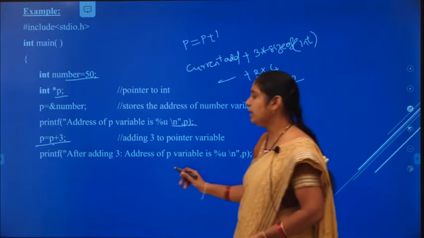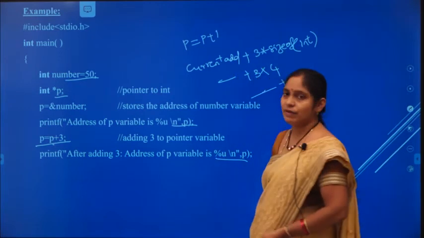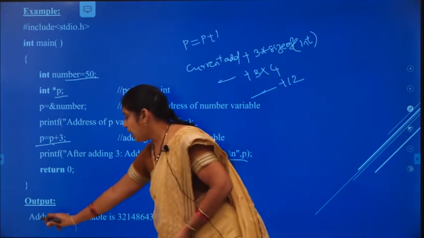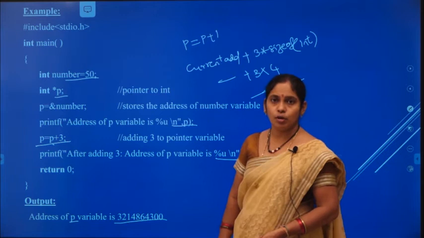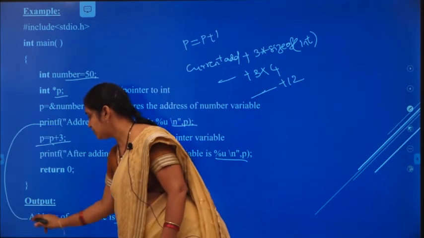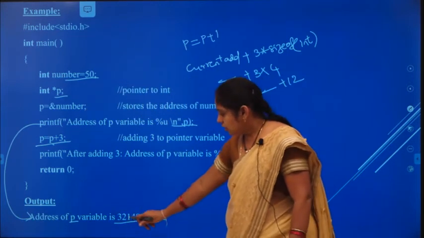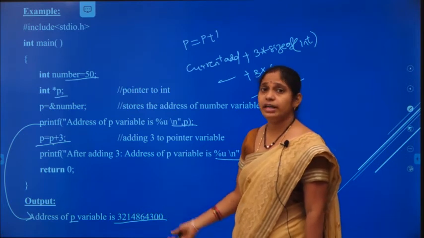After adding 3 to it, we print the value of it. Now see the output. This is the address of p before performing the increment operation, the output of the first printf statement: 3214864300.